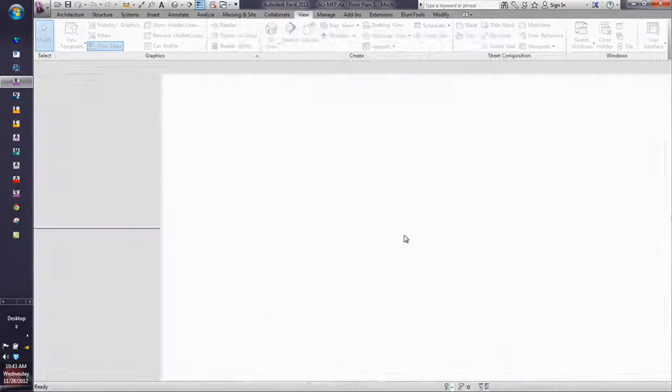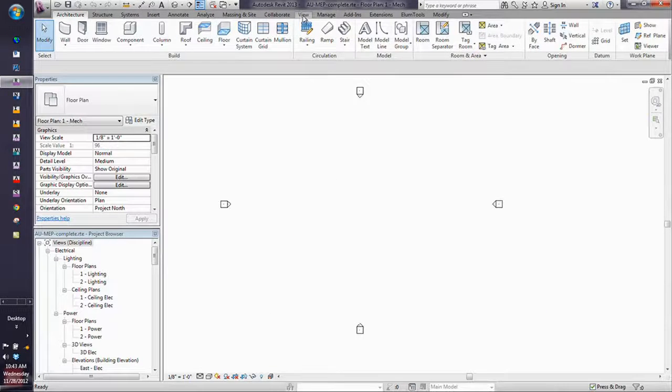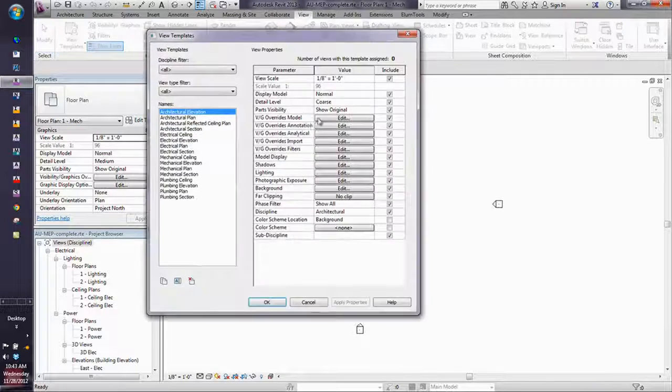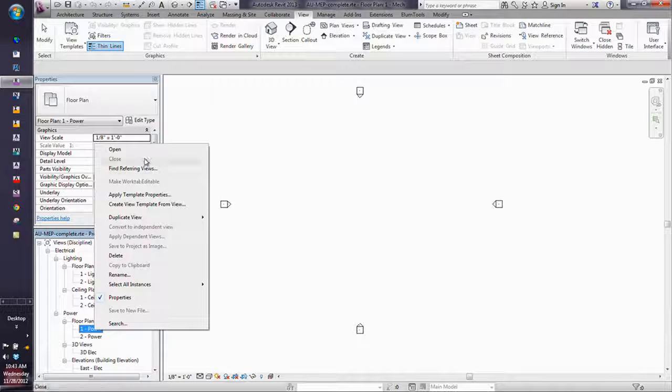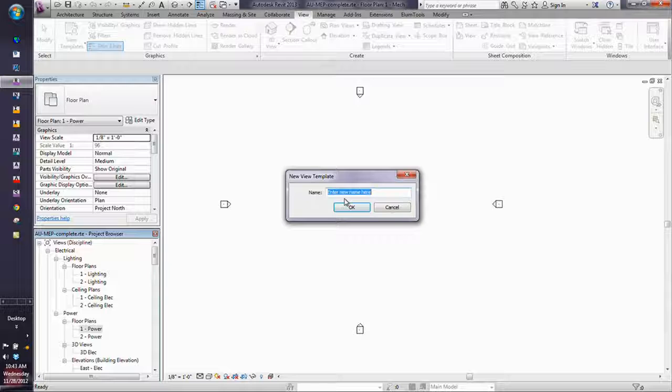And let's go to this guy right here. Another way that you can approach view templates in here is that, instead of just using them by discipline filter, you can go in now and actually show by the different types and view discipline filters as separate categories. So they actually have this broken up a little bit differently than they did before. If I create a view and I assign a color fill to it, anything like that, I can set up a different view template. So in any project, as you grab one of these files and you create the view template from the view, like in this case, plan power,